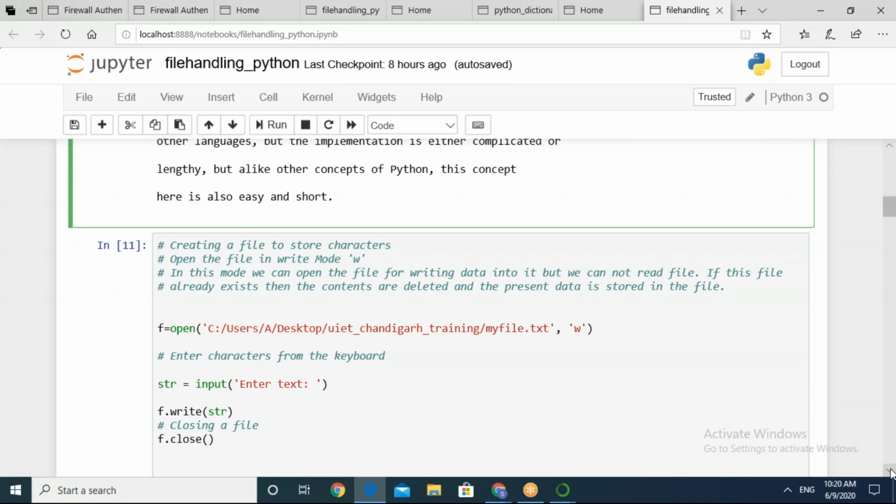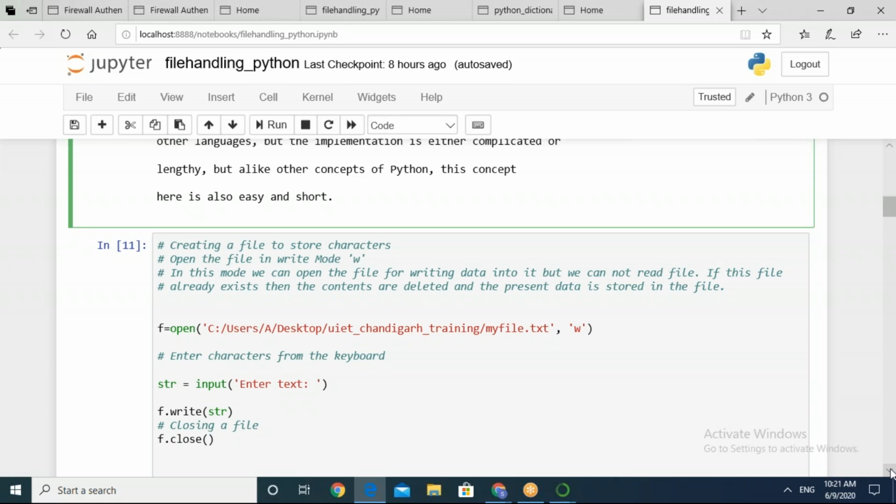So next, after understanding the limitations of W mode, we will go for this. But here also there is one more provision. If you make use of W plus mode to write and read data of a file, the previous data in the file will be deleted and new data will be written, but along with that, you can also read the file. So one by one, we will keep on updating this, meaning what can be done in addition to that.